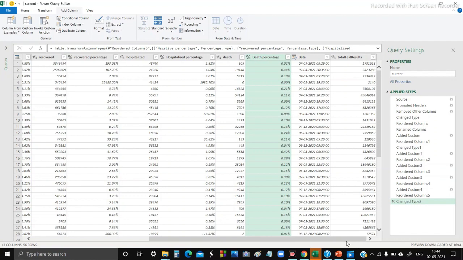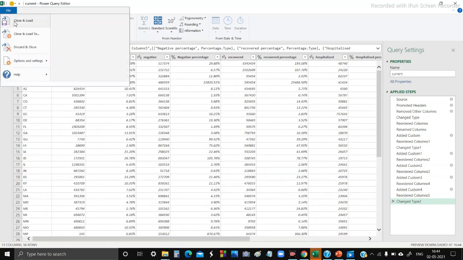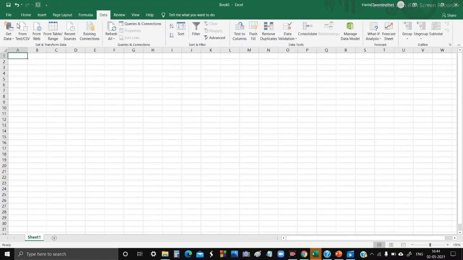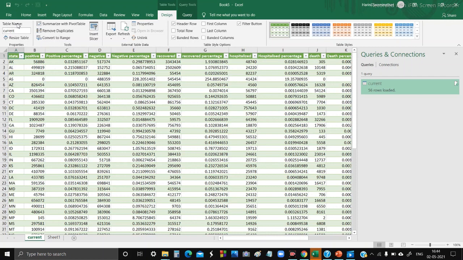Verify that you have all columns like this. Now, once done, click on Close and Load. Now, Power Query will pull down a fresh source of data, run through the steps defined above, and deliver the result back to Excel as you can see here. And yes, now our data is clean and ready for some preliminary analysis, which we will be showing in the next part.